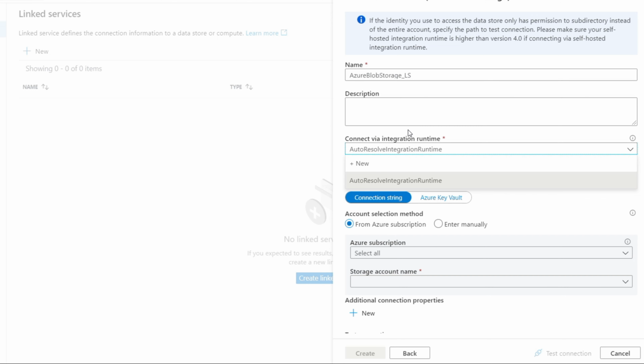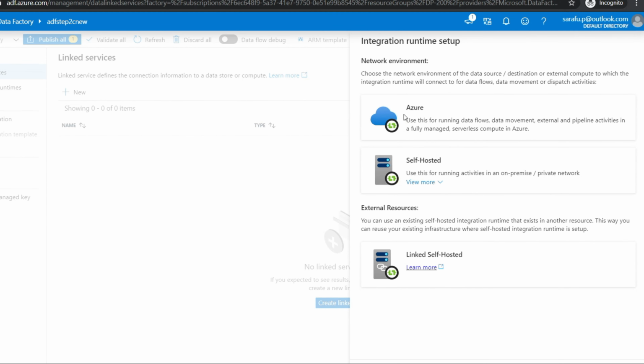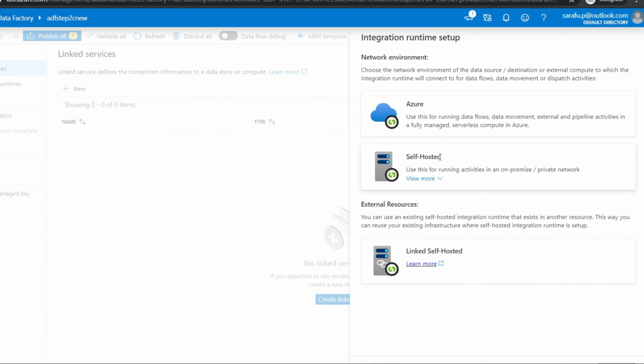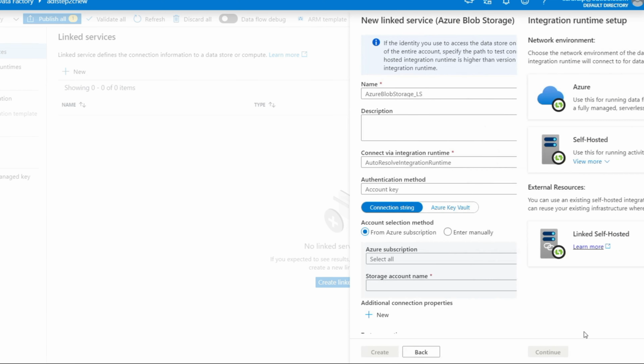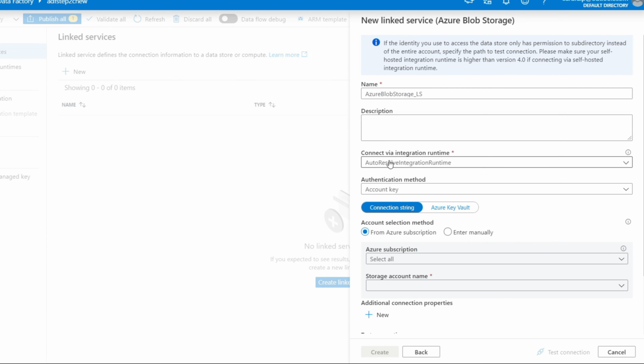And we have an option to say how we are going to access. If you are going to access some service within Azure, you could use the auto resolve integration runtime. And if you are going to access some service from your on-premise environment, that means a hybrid network, you have to use a self-hosted integration runtime. And if you are running SSIS related stuff, SSIS integration runtime is available. If you want to create any new integration runtime, you could use the New option. But now we are trying to access from the Azure environment, so I'm going to use the auto resolve integration runtime.